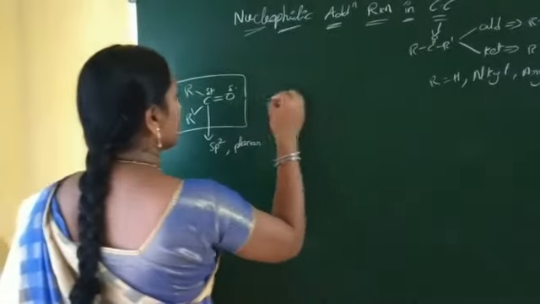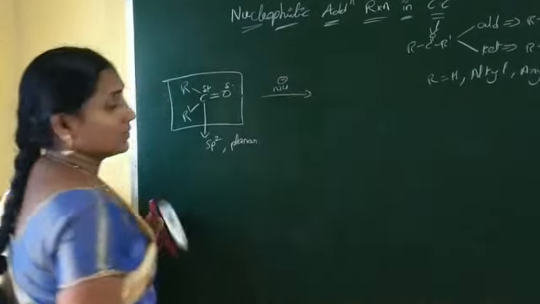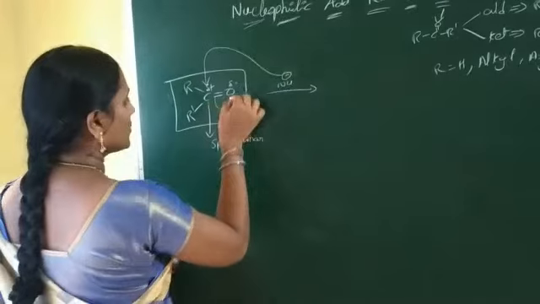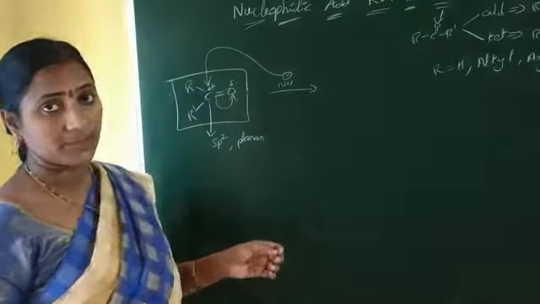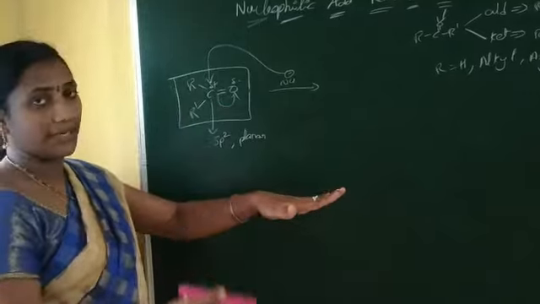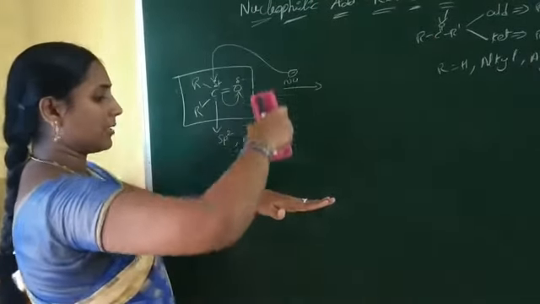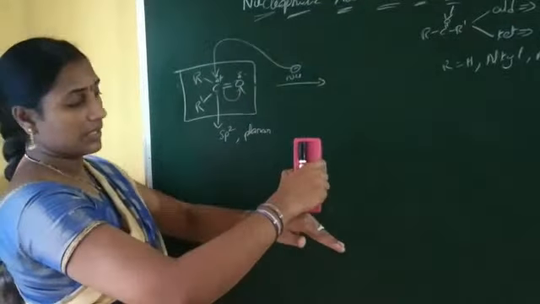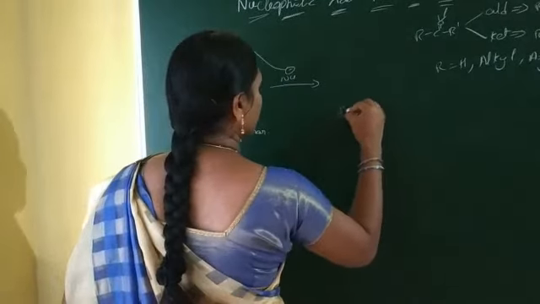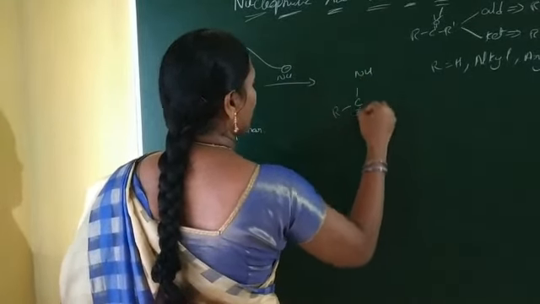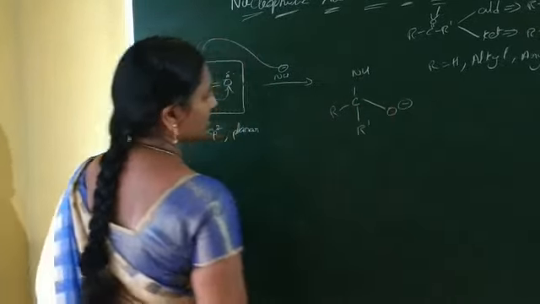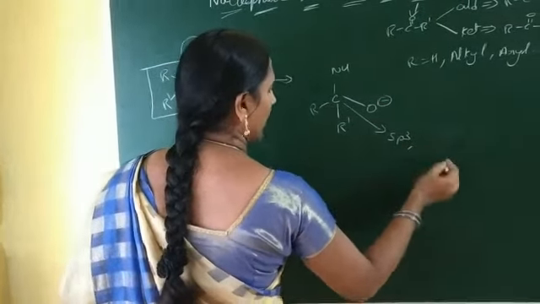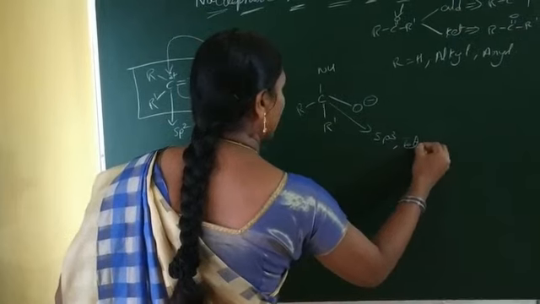Now this functional group is treated with a nucleophile. That nucleophile directly adds at the partially positive carbon atom, and immediately the double bond shifts to oxygen to form an oxonium ion. Listen, this functional group is in planar form. The nucleophile is adding at carbon, and immediately these three bonds turn downside. That planar structure turns to tetrahedral form. The compound is R, C, nucleophile, and R dash, and O minus. Now the hybridization of carbon is sp3 and the structure is tetrahedral.